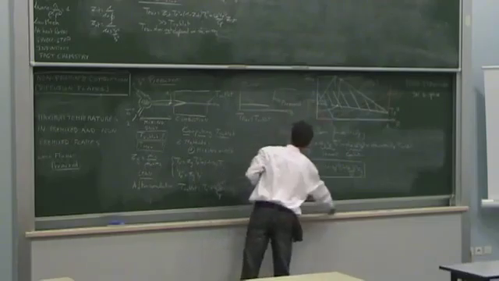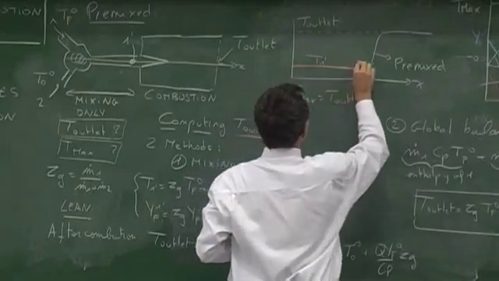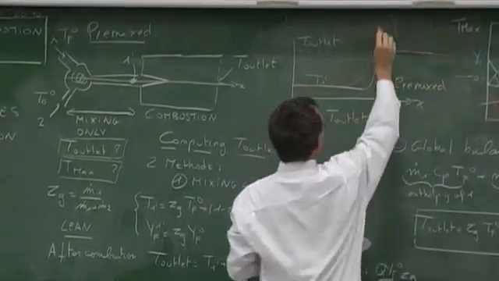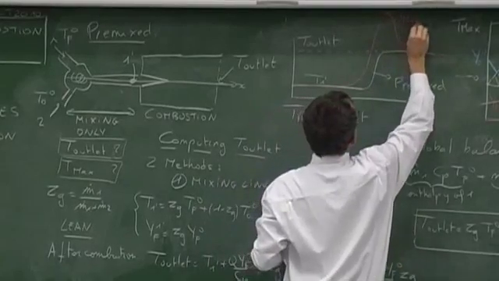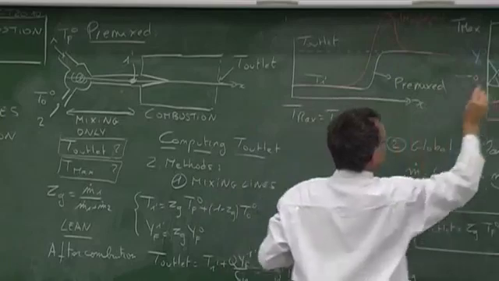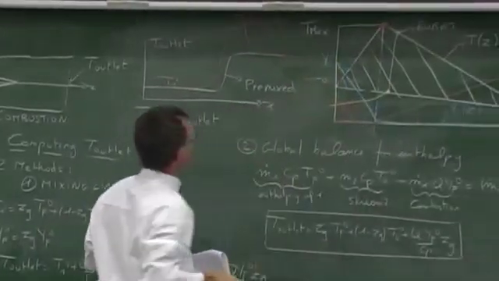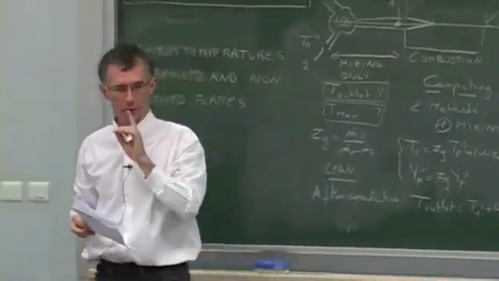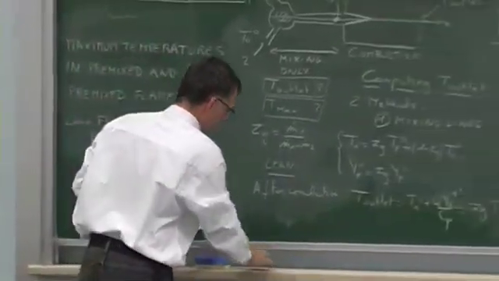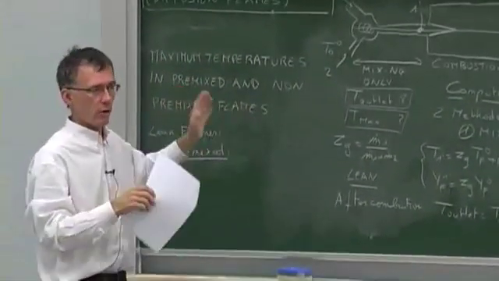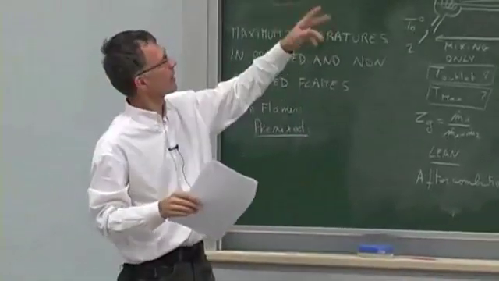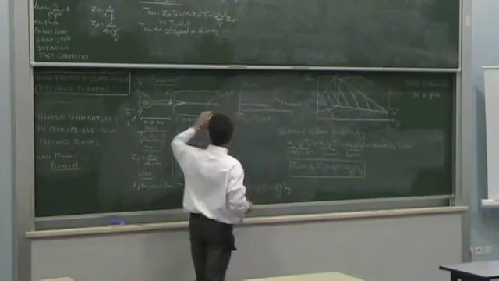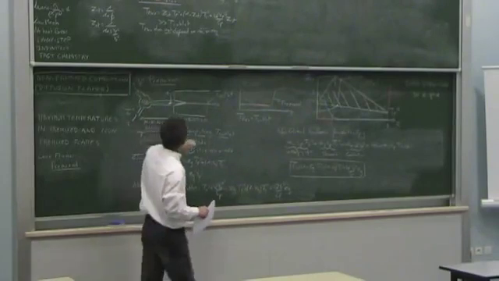But for diffusion, the thing will be different. We'll have something like this, and here we'll have something like that, and then we'll go back to the same outlet temperature, but this value here will be Tmax at Z stoichiometric. This value here. You cannot avoid that. And so that's a very, very important difference between the two flames. Globally, between inlet and outlet, whether you work with premixed or diffusion, you get the same temperature at the outlet. The problem is, in the meantime, if you're using a diffusion flame, you will have here very high temperatures.